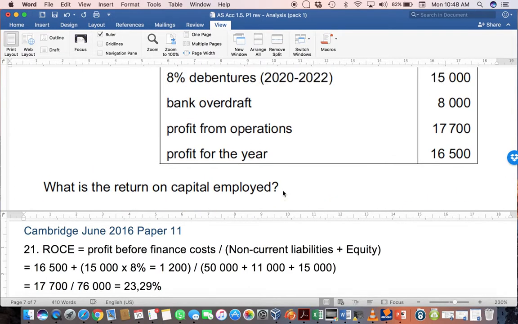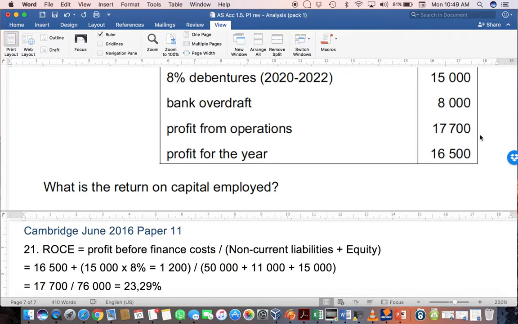You are then asked, what is the return on capital employed? Remember that return on capital employed is looking at total capital employed, in other words, owned and borrowed, and therefore the return that we use needs to be the return for both the owners and the non-current liabilities. So what we'll do here is we'll use the profit before any finance costs. In other words, in this case, it is actually the same as profit from operations. However, it's usually safer to use your profit for the year and then add back your finance costs. In this case, 8% of 15,000, which is 1,200,